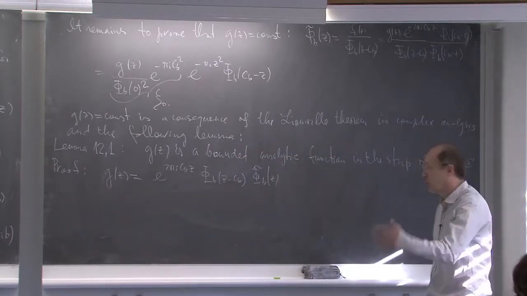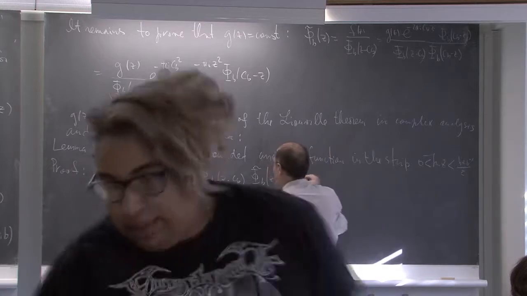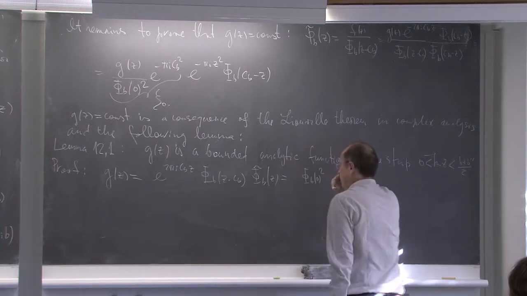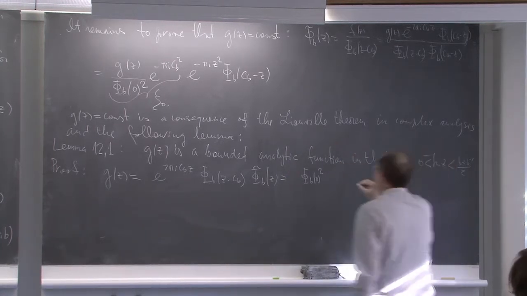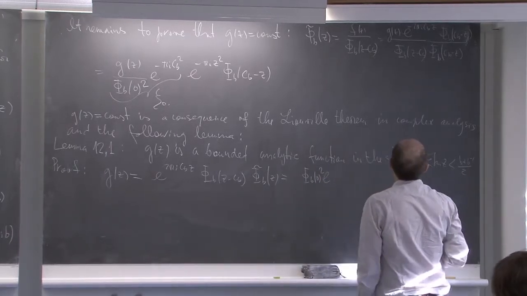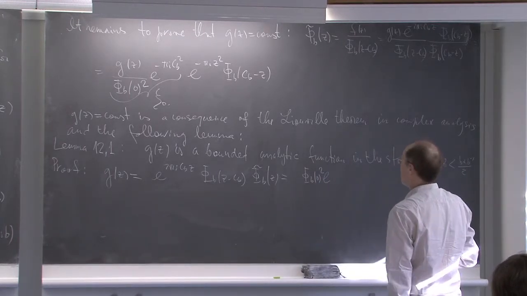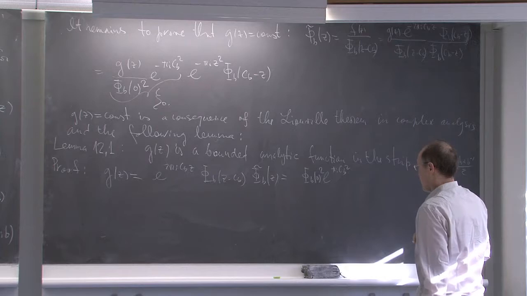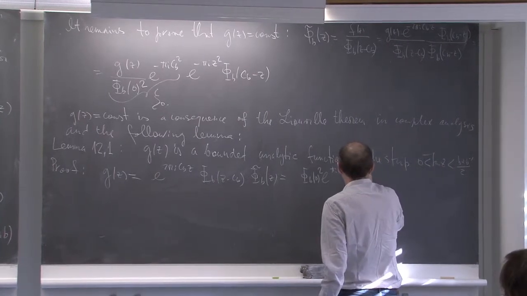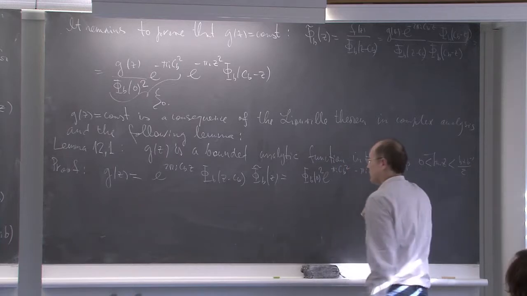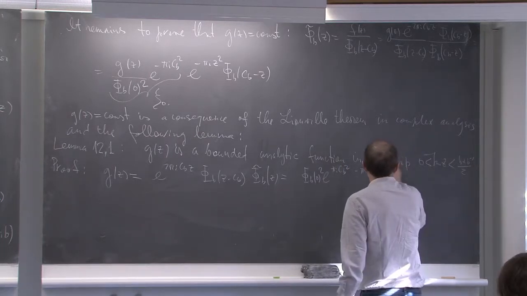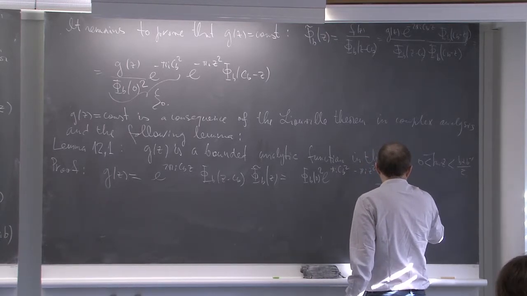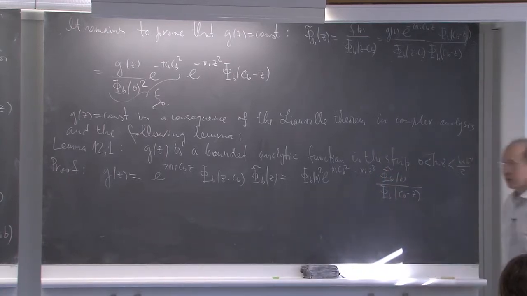That's one formula, but using the inversion relation, we have a second formula, which is phi b of 0 squared, e pi I cb squared, minus pi I z squared, phi b of z tilde divided by phi b of cb minus z. So we have two equalities, and now,